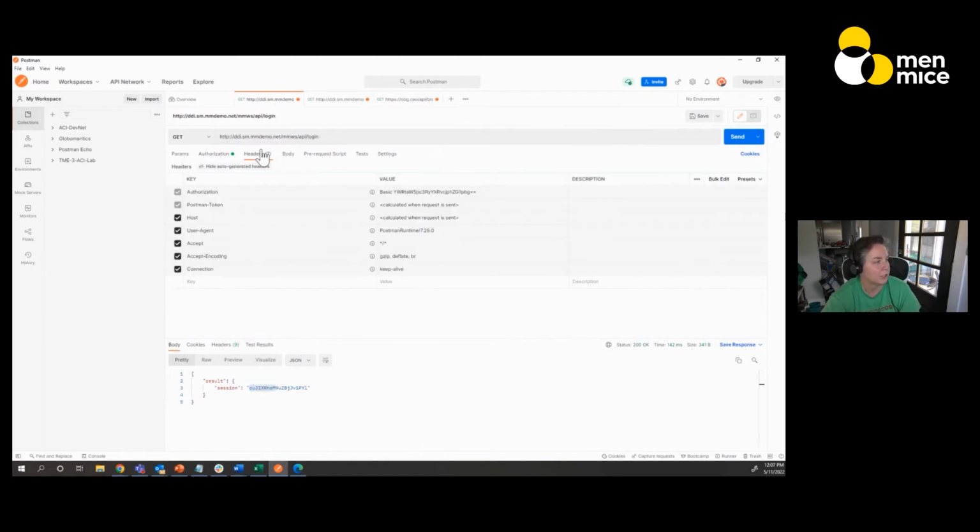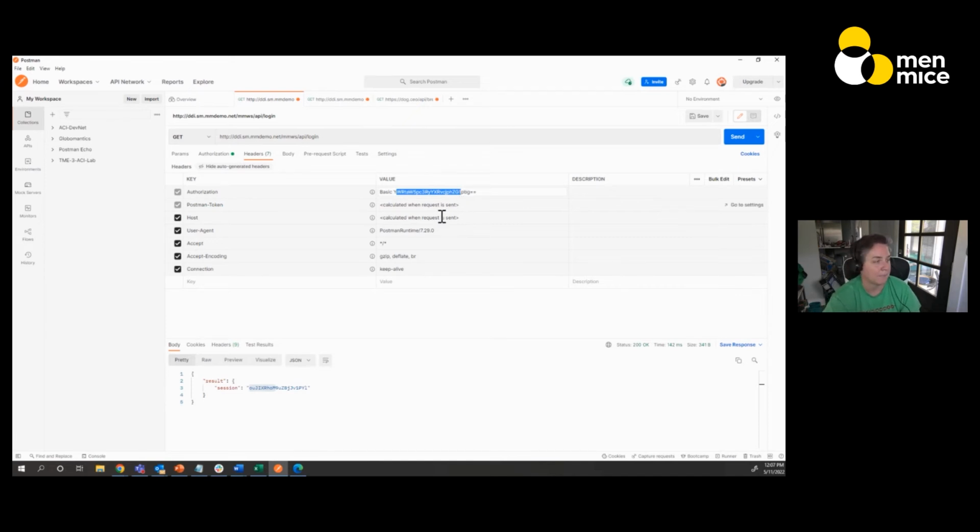What I want to show as part of this, as we become more familiar with what this all means, are just a couple of the key value pairs that stand out. If I look at authorization, I can click on this information icon for any of these key value pairs. Basically, the authorization shows that I am using a basic authorization for the REST API, and then it's encoded. This is essentially my username and password, but encoded so that it can pass it along, not in plain text,